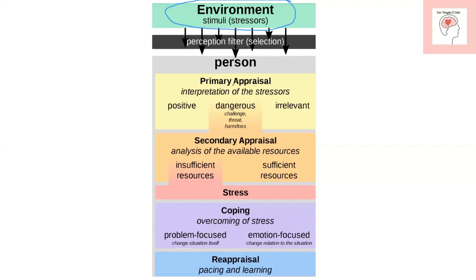Then what will happen? Primary appraisal. Okay, so basically we need to interpret these stressors, whether those are positive, dangerous, or irrelevant. Okay, so we will list out positive and irrelevant. Positive will lead to positive things. Irrelevant, it's like not even valid to consider. Then if it is dangerous, like the stressor is interpreted as being dangerous, it can be a challenge, it can be a threat, you have to perceive how much harm or loss it